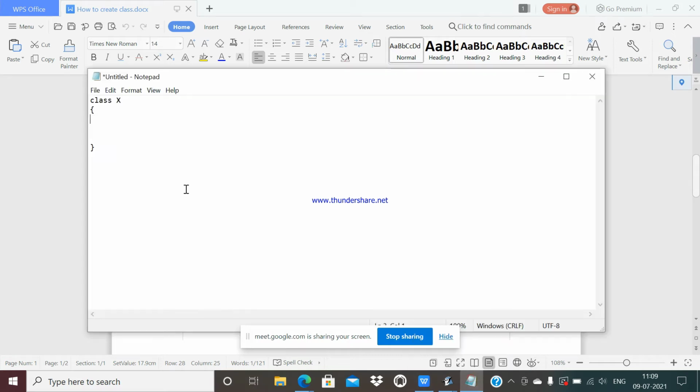So what will I do? I'll simply create my function. For example, I want to give the function the name show. I'm using my return type as void, and the name of the function I'm giving as show. Then open the parenthesis, close the parenthesis. Finally, open the curly braces, close the curly braces. And now I am going to write the work which I am going to perform in this practical. Now take an example. I want to make a program to print hello, but with the help of a function.